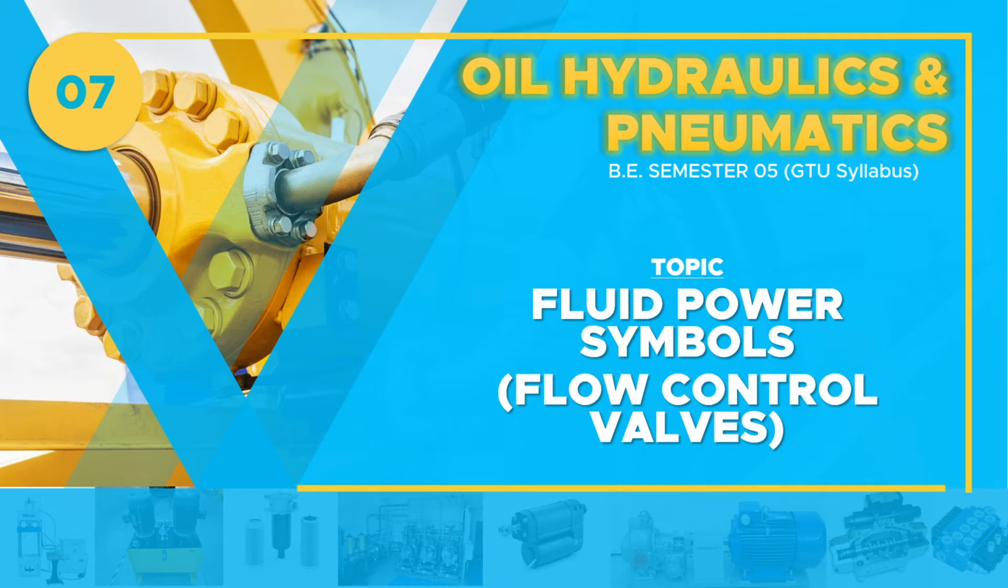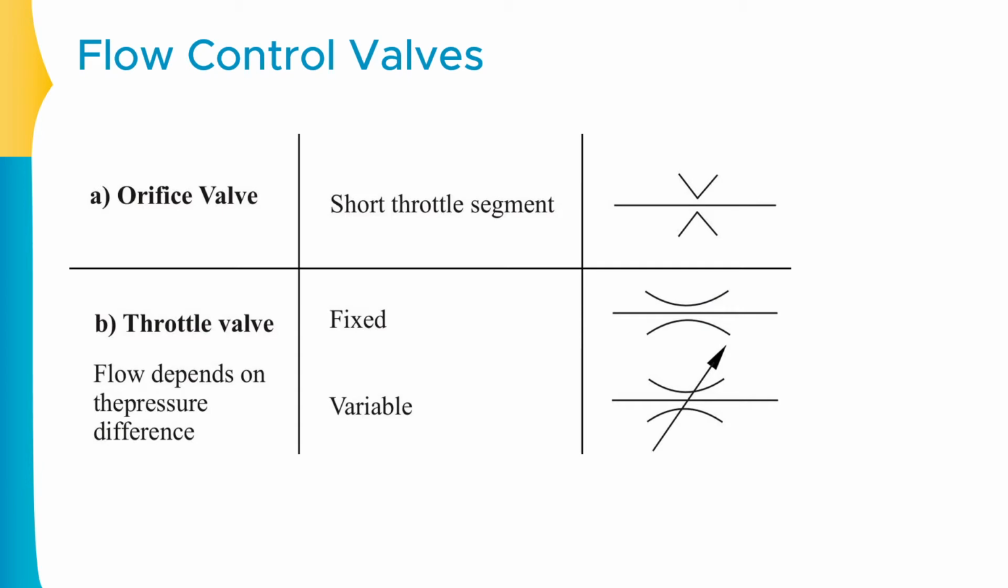For this specific session we will be covering the flow control valves, and the very first set of flow control valves are known as the orifice valves. Now if you know, orifices are basically small holes that are available within the plates, something like this. So to show such kind of orifice valve, we will use two arrows like this